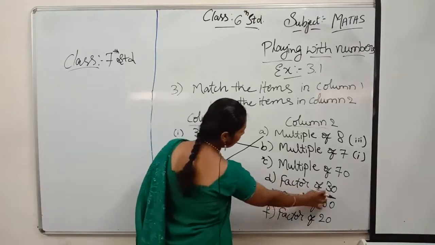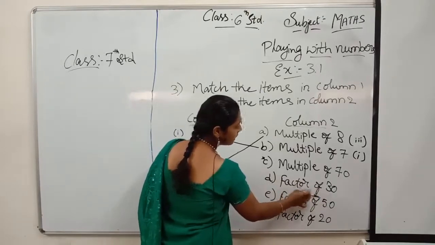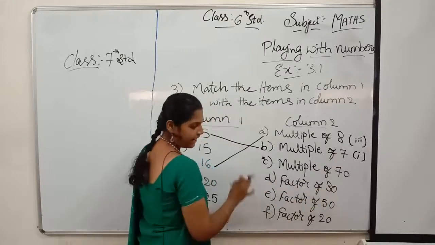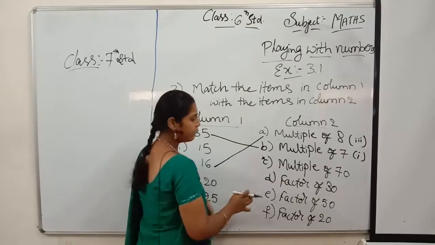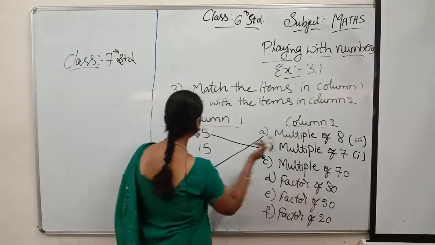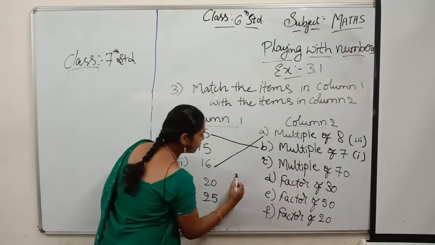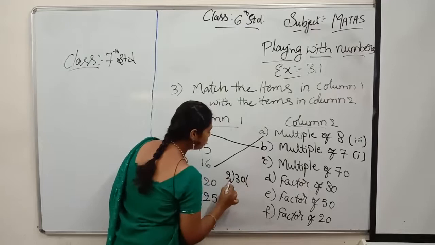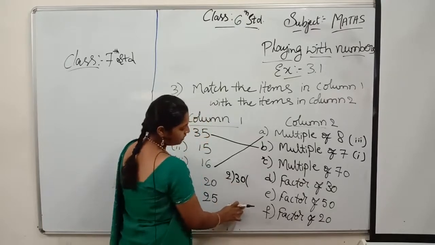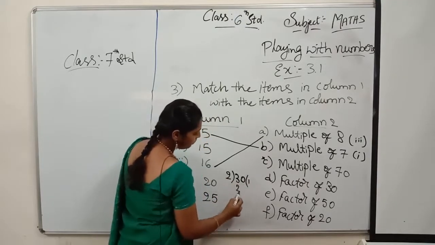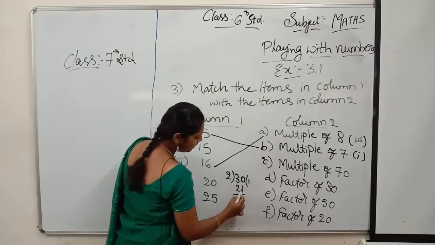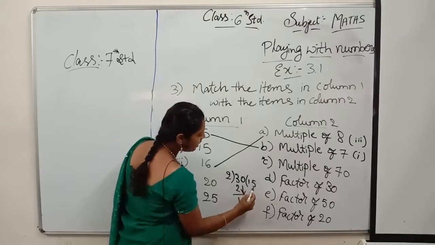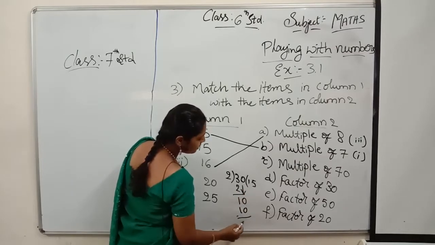Next one, D, we will see. Factor of 30. Factor means what I said: whatever the given number, it should be divided exactly by taking any number. We will see, we will do it with 2. Here I am doing 30. They have given 30. We will check whether it divides exactly by 2 or not. Okay, 2 ones are 2. If you do subtraction, we get 1. We take this 0 down. So again we got 10. 2 fives are 10. Yes, if you do subtraction, we get 0.